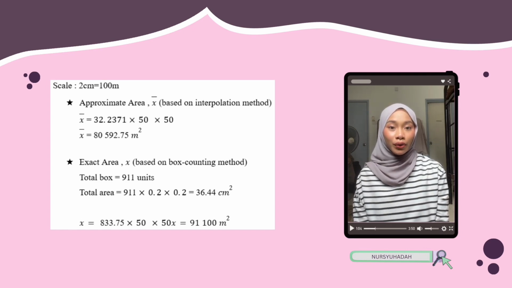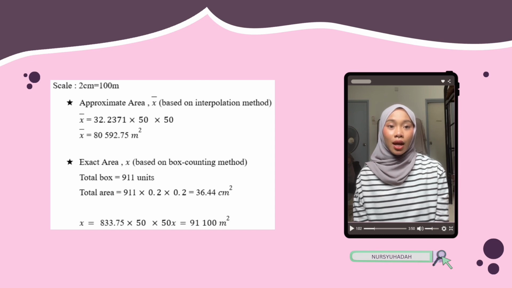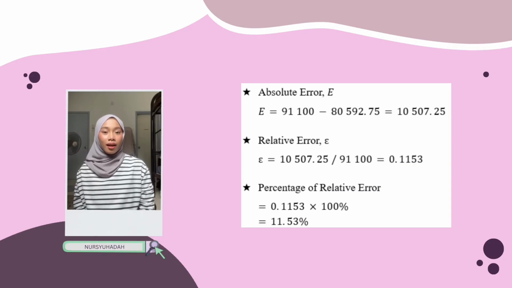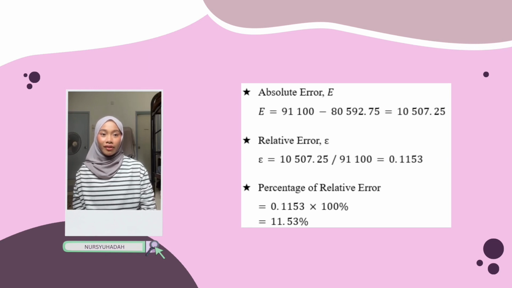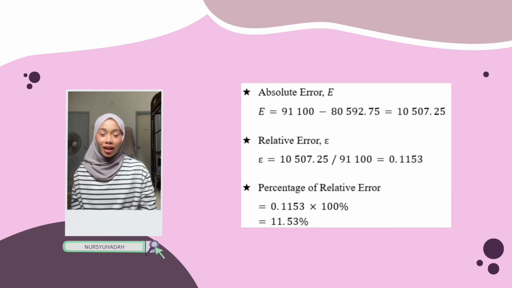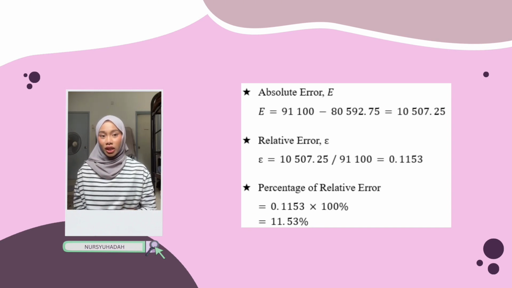With 911 units, we got the total area of the boxes, and we changed the unit to meters. After all, we find the relative error by calculating the absolute error, and we just divide the answer. The final answer as a percentage is